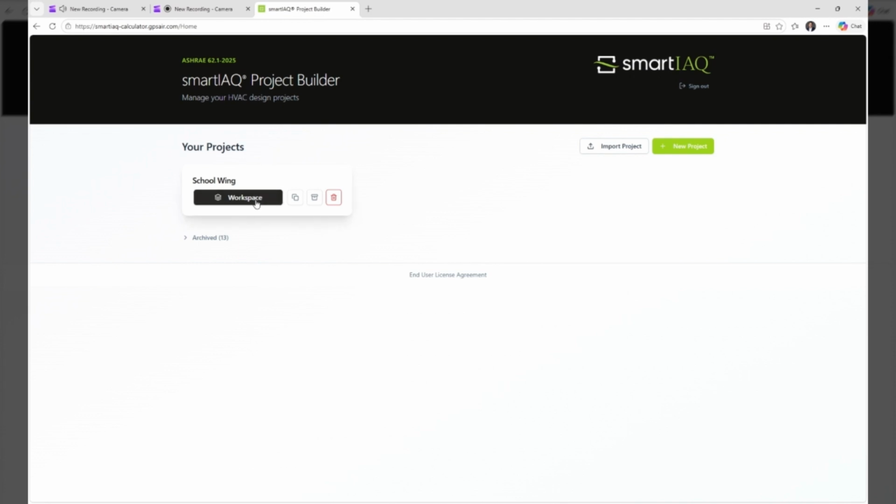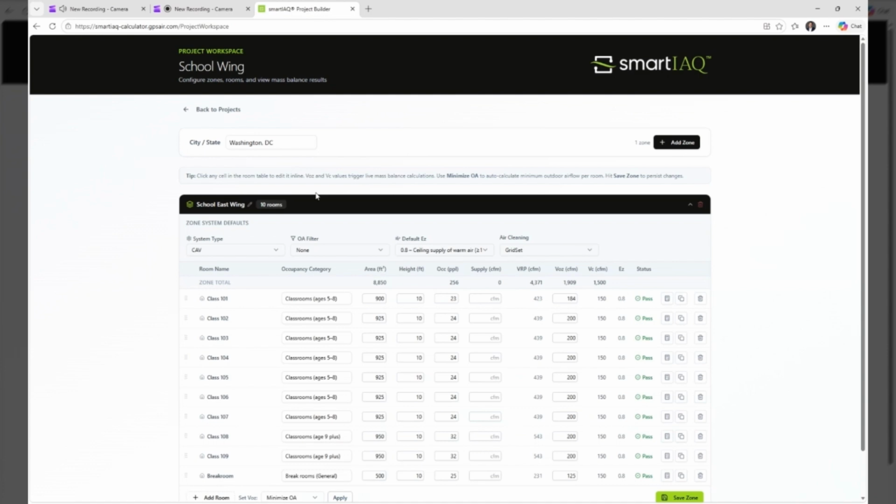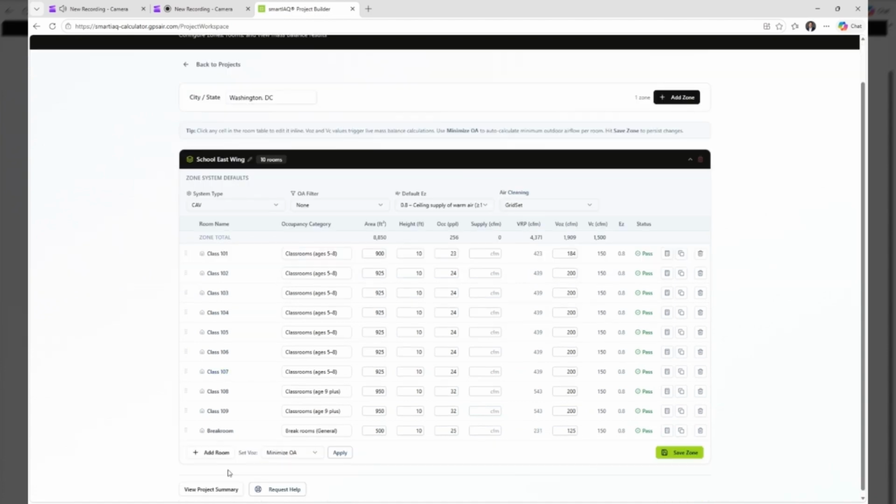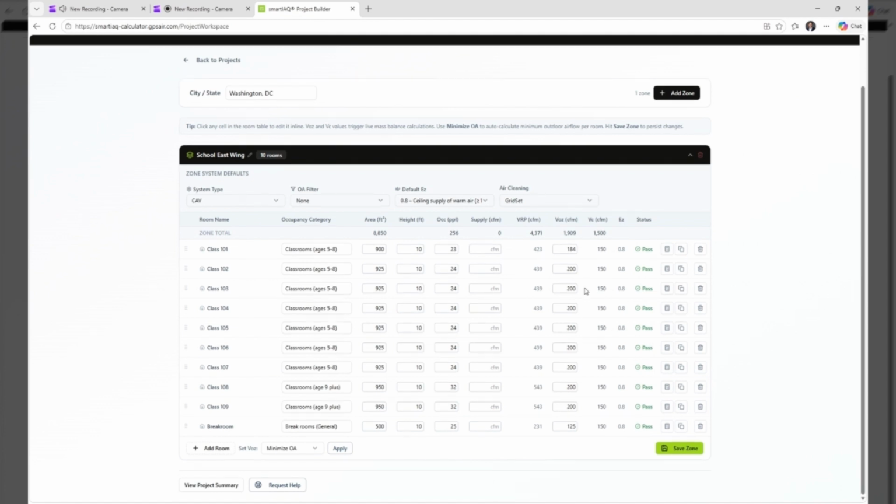I'm going to click on the school wing. It's a workspace. And within this workspace, you'll see we have classrooms 101 to 109. We also have this break room, and it's already configured for the indoor air quality procedure with passing results. The next step on this, once I've got it all defined in the way I want it, is to click